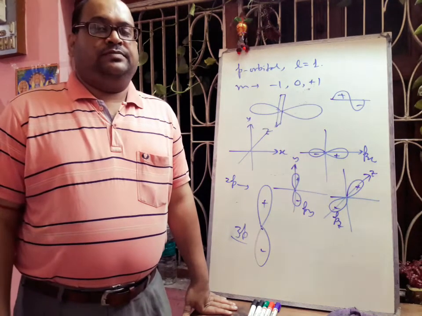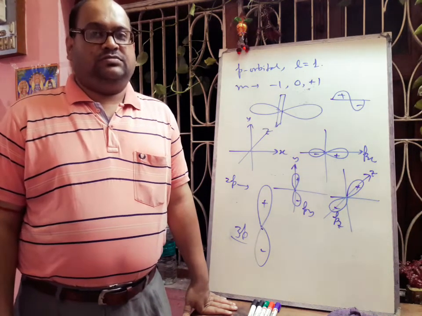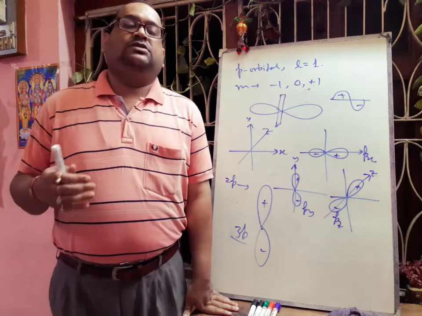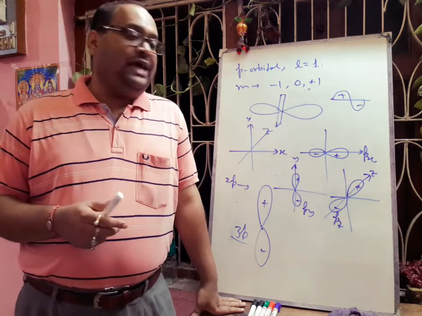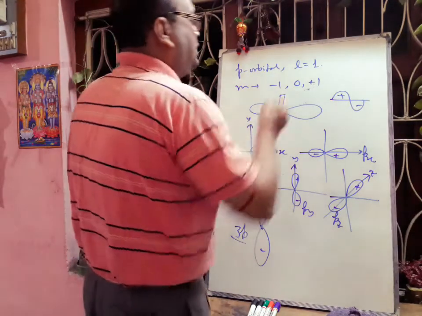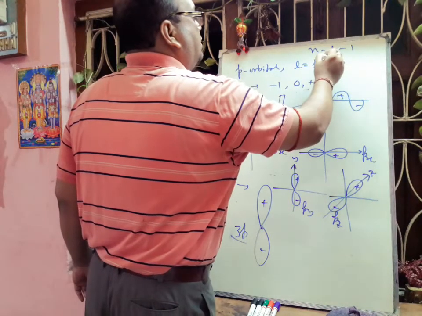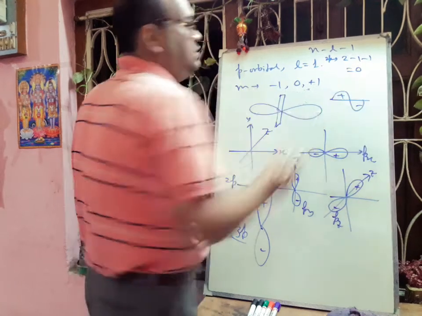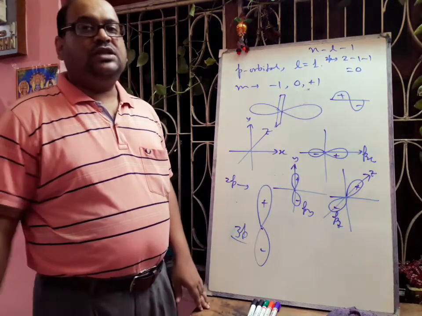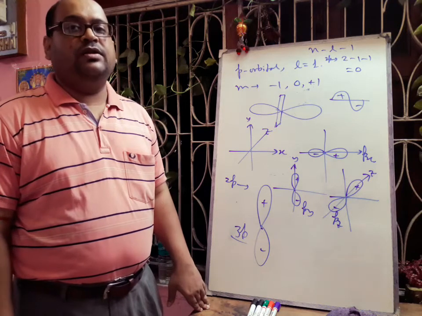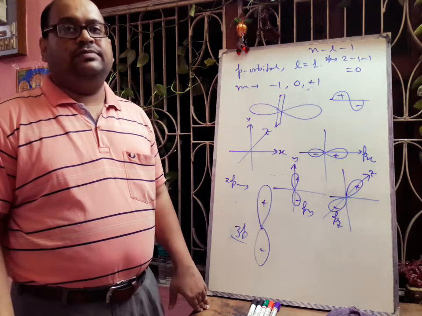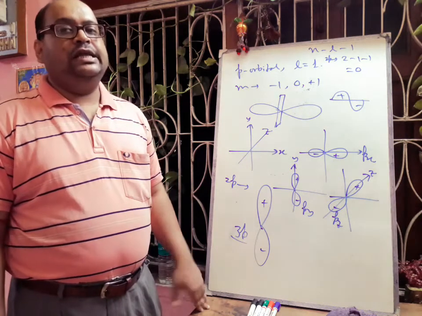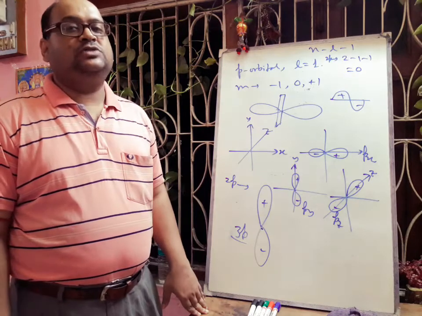So if we think about the nodes, the 2p orbital has no nodes, because if we calculate n minus l minus 1, then you can understand. For 2p orbital, what is the value of n? 2, l value is 1, so the result is 0. If you think about the 3p orbital, definitely there will be one node. The 4p orbital will definitely have 2 nodes. Understand? So in general, np orbitals have n minus 2 nodes.